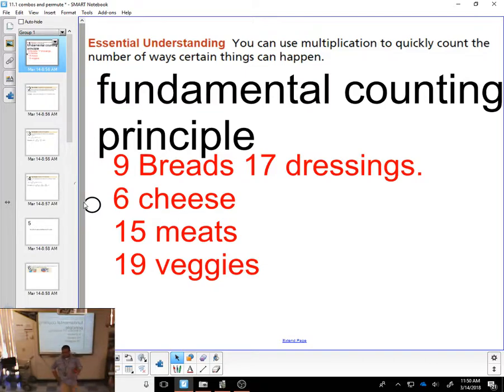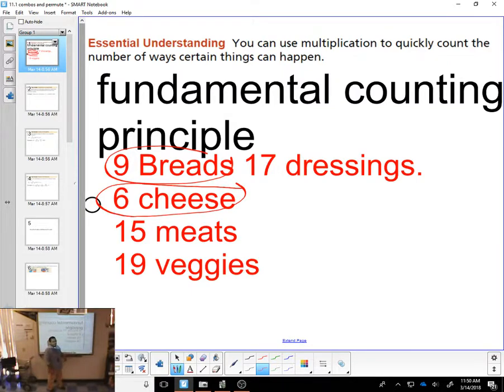Fundamental counting principle says, if some event happens X number of times, and another event happens Y number of times, then the number of different things that you can combine there is X times Y. So here's what we're going to do with this. If there are 9 different types of bread, 6 different types of cheeses, 15 different types of meats, 19 different types of veggies, and 17 types of dressings,